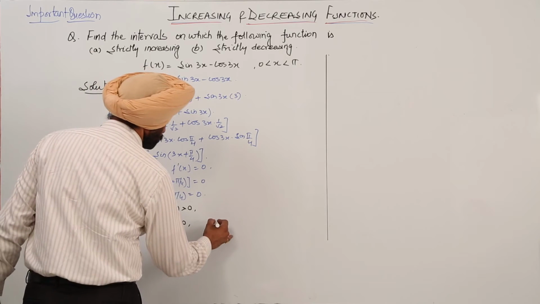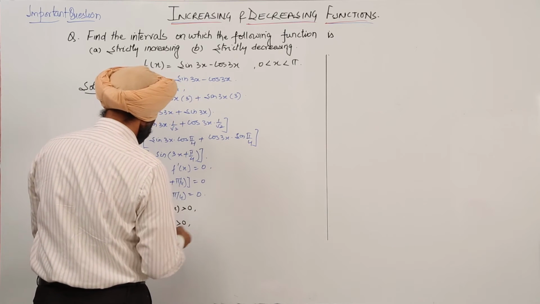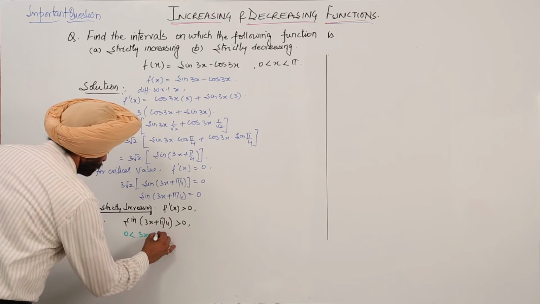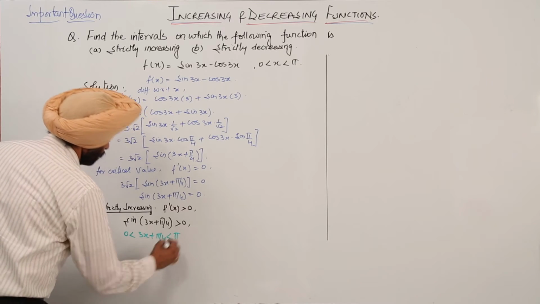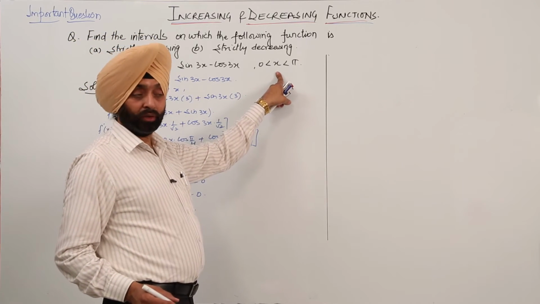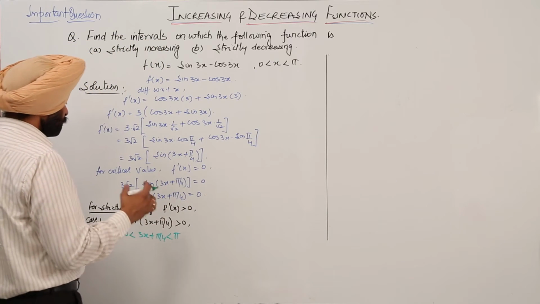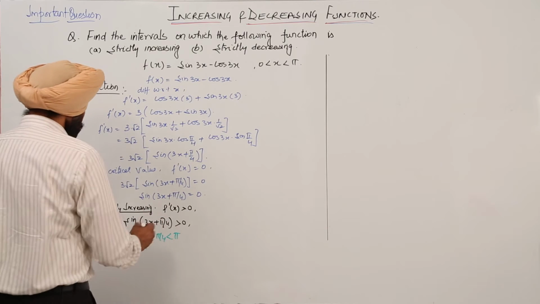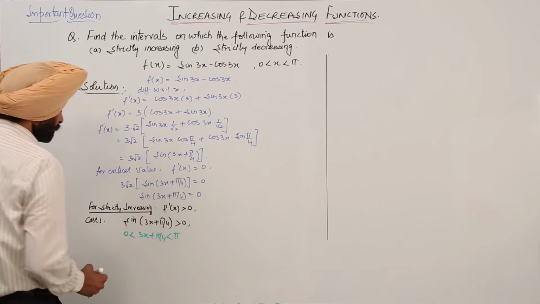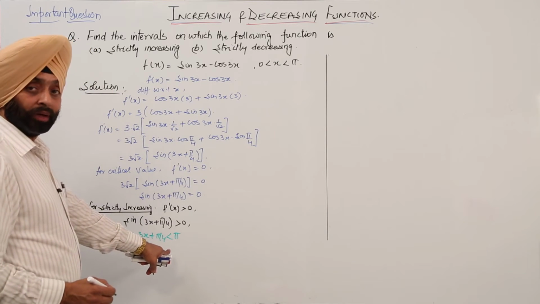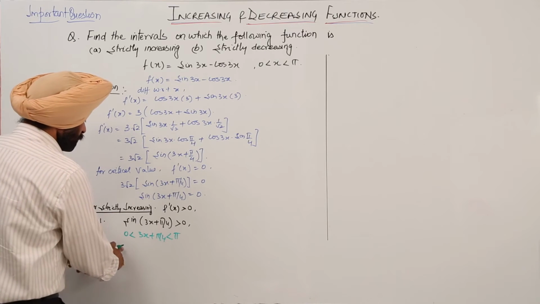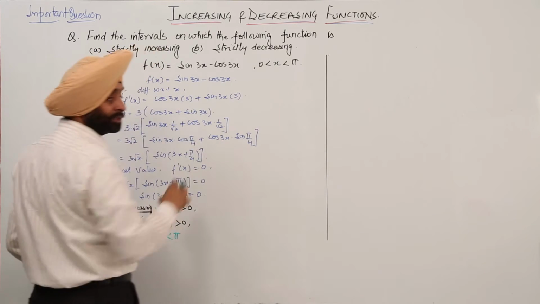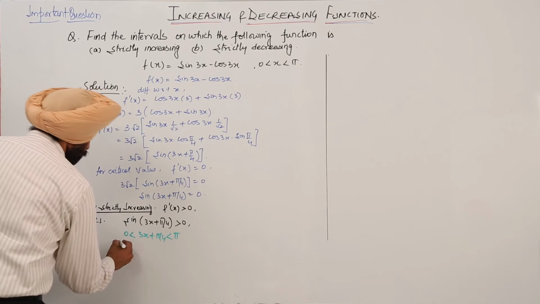So we can write now 0 is less than 3x plus pi by 4 is less than pi. Here we can put this value here. Now let's check what we are getting. Basically we want only x in the center. Now first of all we are just deleting pi by 4. So 0 minus pi by 4, but x should not be less than 0, so I am writing 0 only here.